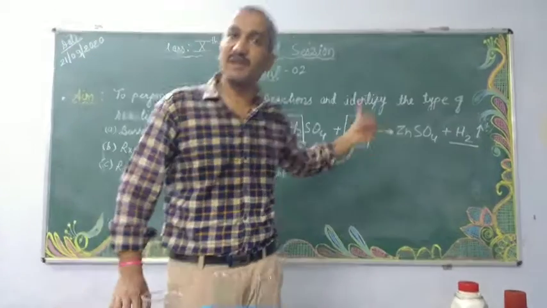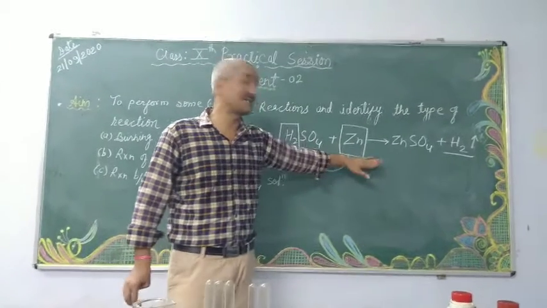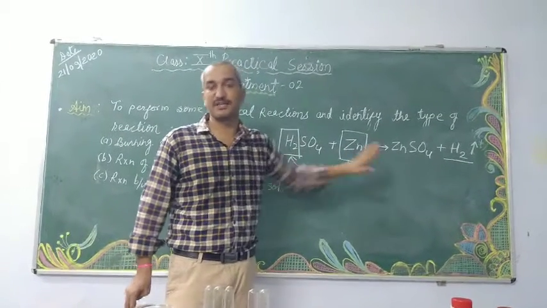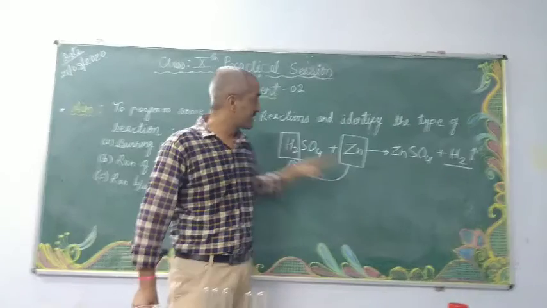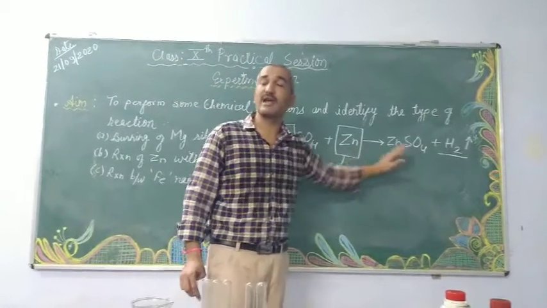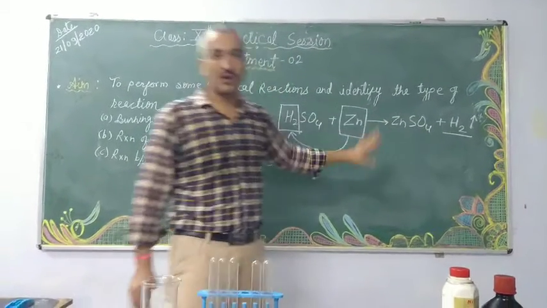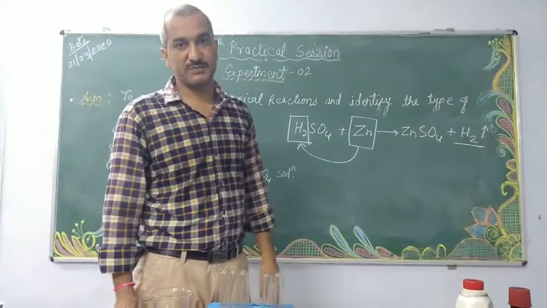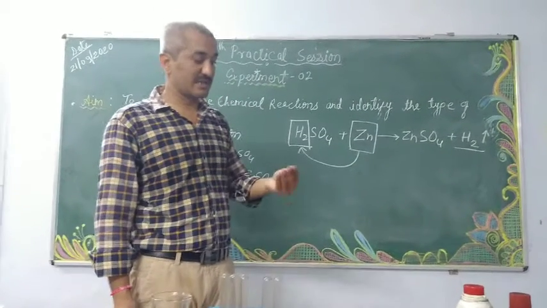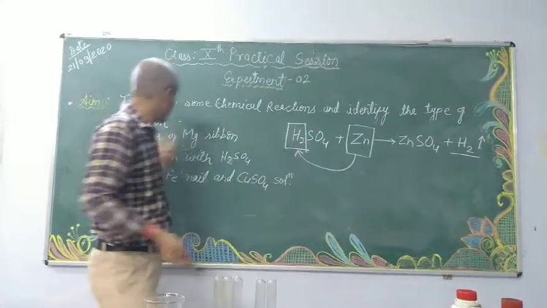And what kind of reaction is this? If a chemical change is there, we represent this chemical change by this chemical reaction. Got it? And this representation is actually called a chemical equation. And these kinds of chemical reactions are called displacement reactions. Got it? Some other reactions are there also, in which the opposite of the combination reaction happens.